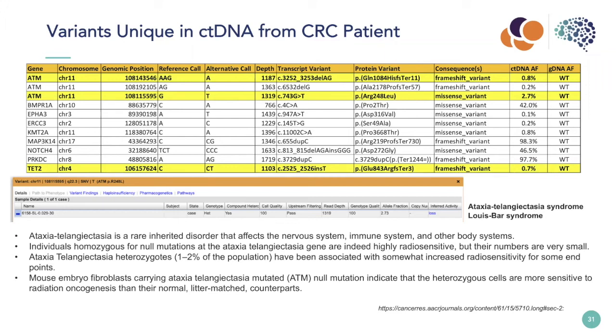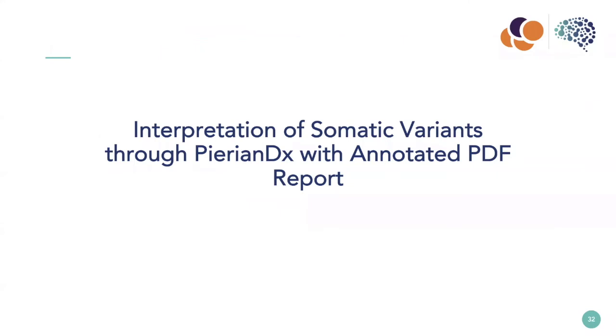A couple of notes about some of the genes that are highlighted, both ATM as well as the TET2, that may have some biology behind them, but again, these should be looked at on a more hypothesis-generating basis at this time. So if we then take the next step after generating all the data and going through an annotated report,